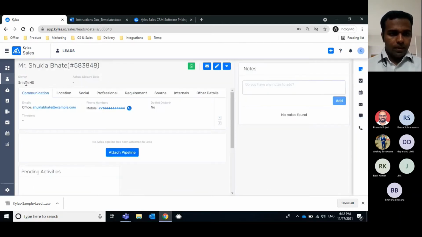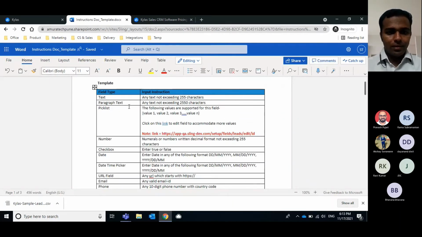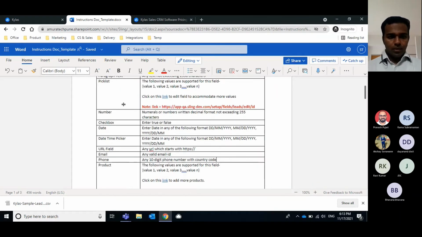So the current experience of mine was very smooth because I have uploaded a very clean file. So in order to have a smooth experience in importing, the first step you have to do is the correction or preparation of your data. So I will just walk through that. Let me open my file.